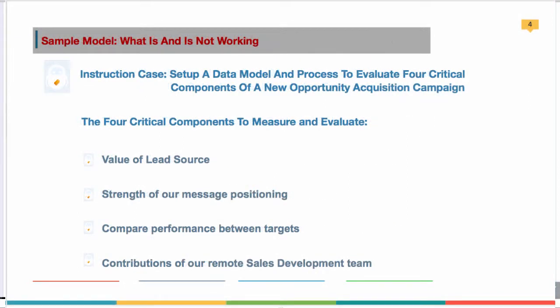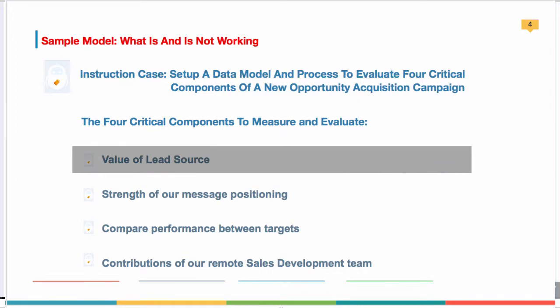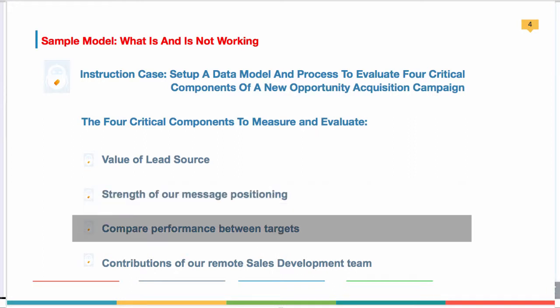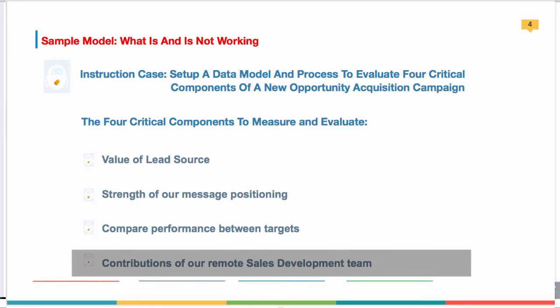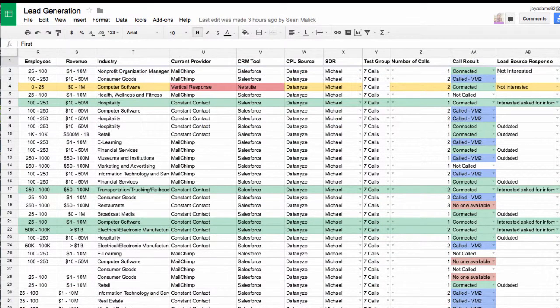What we're going to do is set up a data model, and we're going to evaluate 4 critical components of a new opportunity acquisition campaign. We're going to look at the value of our lead source. We're going to see the strength of our message positioning. We're going to compare our target performance, and we're also going to measure the contributions and activity of our remote sales development team. I've used Google Sheets to lay out the data model that we're going to work with in